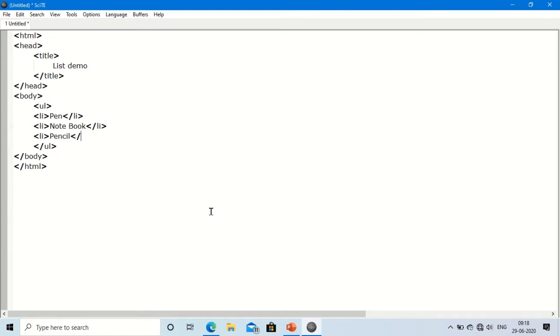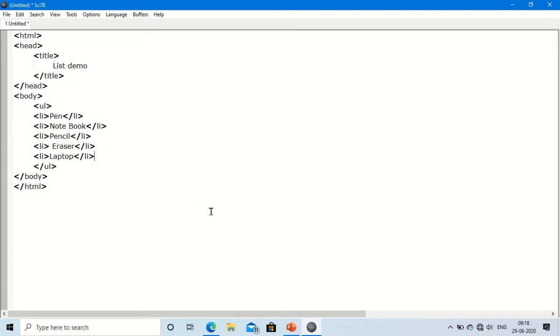I will close this. Next item, I want to give eraser. I will close this. Next item, I want to create laptop. So as per your requirement, you can give the list of items here.